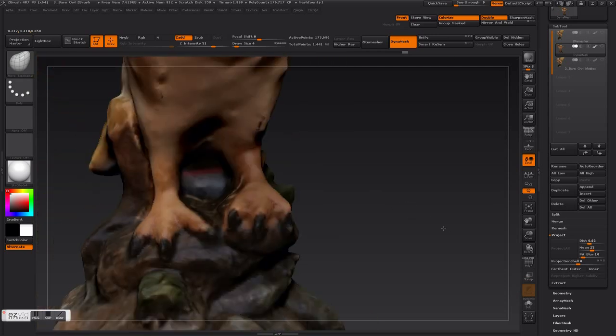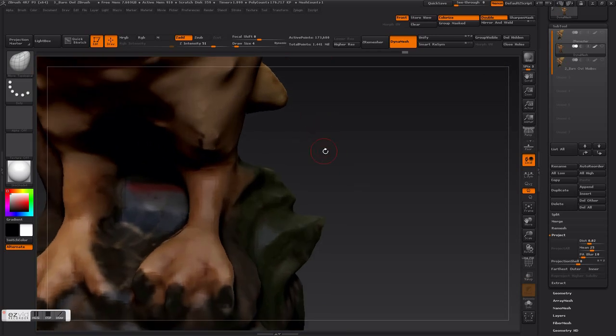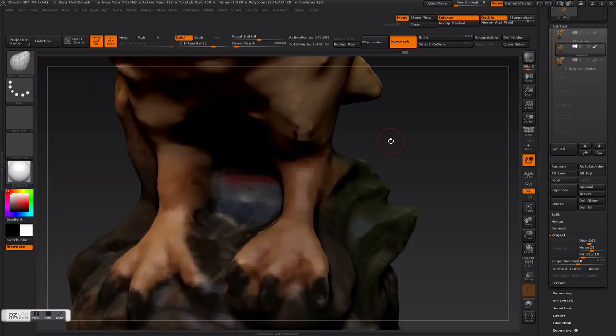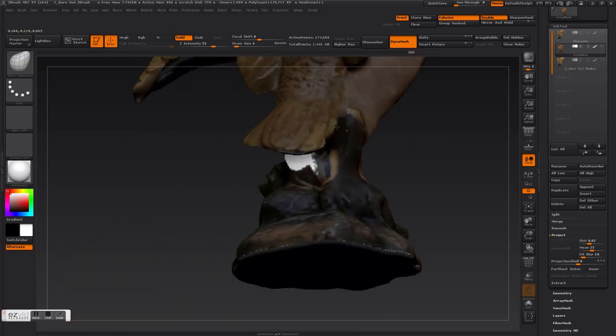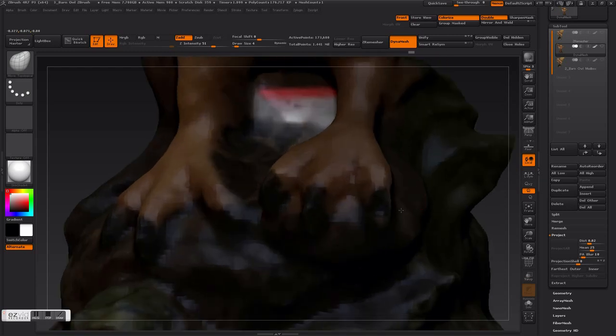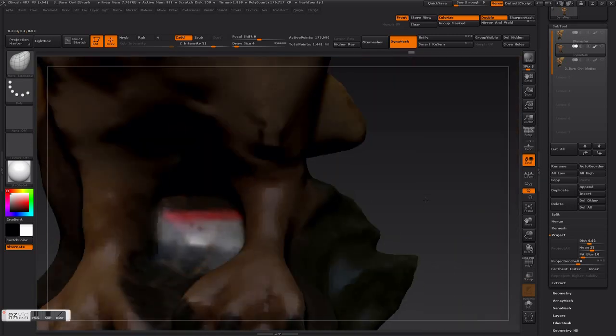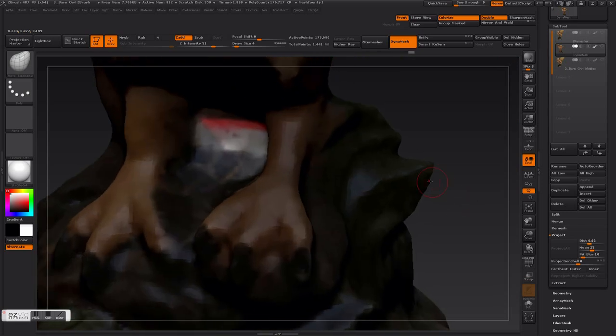Just check if there's anything else. But no, that seems to be where the hole is located. So now I've got that selected. Well, it's actually deselected, so you just Control Shift and now everything else is deselected. Now I should be able to delete those polygons